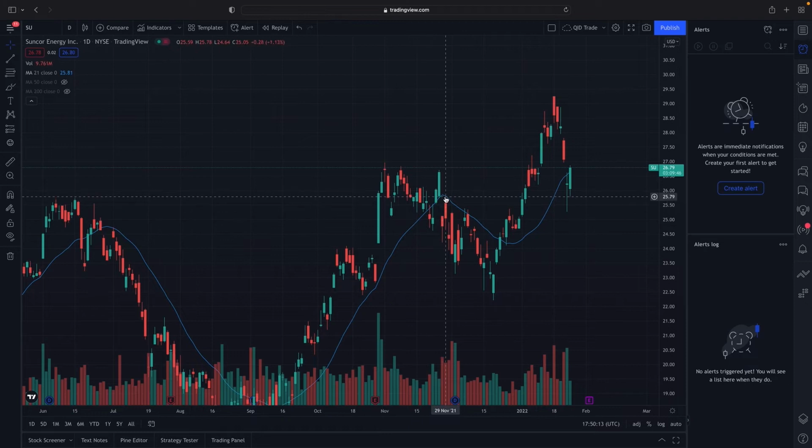So usually you can see what's going to happen. For example, here on these two candles, it broke the support line for this particular moving average, which is the 21 day. And then we saw when it broke that support line, it trended downwards for a few days, and then it hit resistance up here.